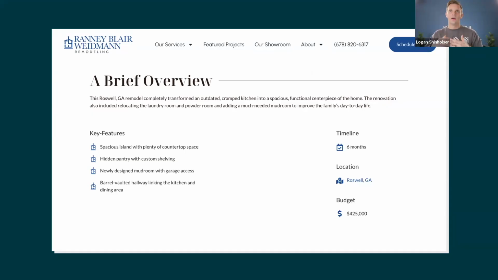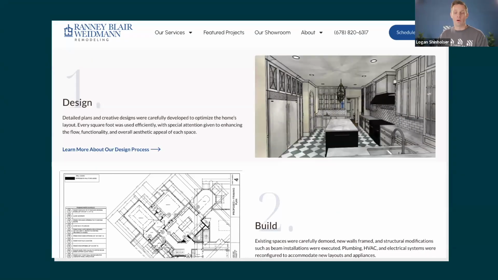That is the whole premise here, of trying to be more authentic and more human around what we're actually doing. We also want to build in, great, how did we actually make this happen, right? We didn't just come up with a number and say, great, we're going to do this. We actually went through an entire design build process for this to happen. So now that we're explaining how we got there, again, back to that idea of somebody typing in design build firm,